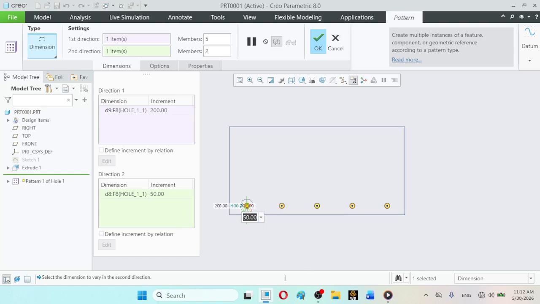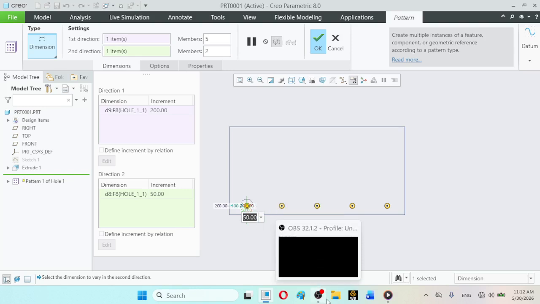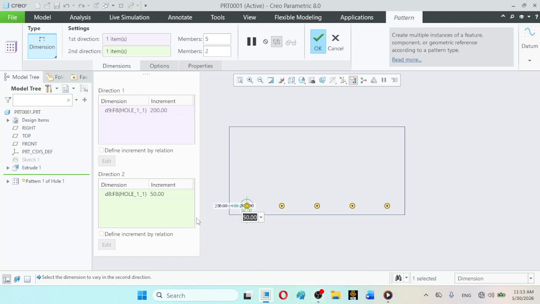So you will again be dividing 400 by 2. So you will again be obtaining 200 units here, like this. And again here you will be inputting the number of members to be 3, like this.